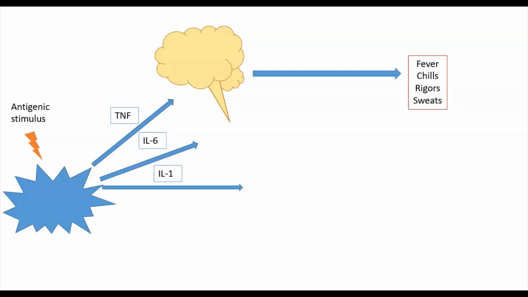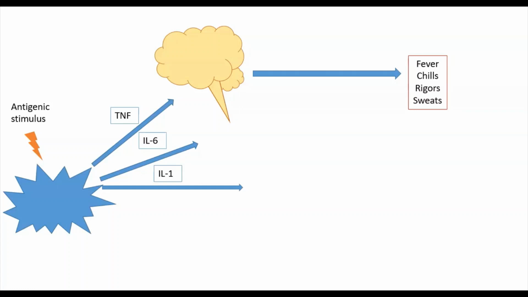Once the elevated temperature has been reached and the patient is having a fever, the body's natural response is to try and cool itself down, and it does that by generating a lot of sweat, and that's why patients have sweats after a fever. So typically, patients will go through these symptoms of having chills, rigors, and sweats, and their temperature will often be elevated over 38.0 degrees, which is generally the accepted temperature for which above this we consider